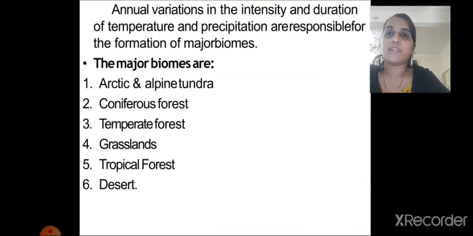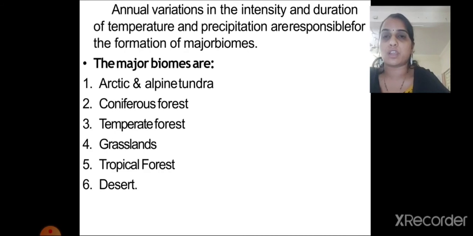The annual variations in the intensity and duration of temperature and precipitation are responsible for the formation of major biomes. Annual variation means whatever variations are taking place in the environment, that is, seasonal changes like summer, winter and rainy season. Along with the season, there is a change in temperature. In each season there will be different